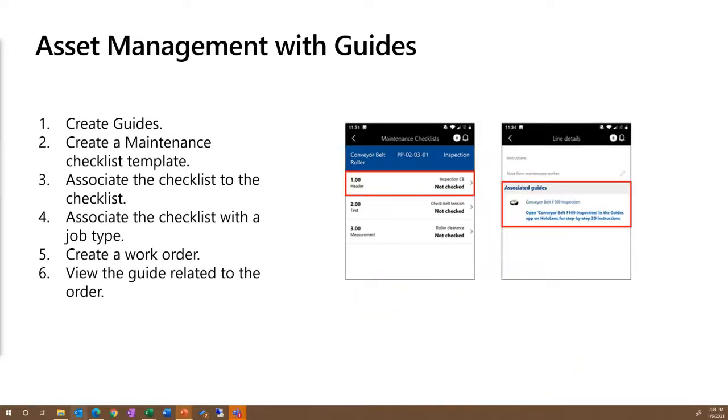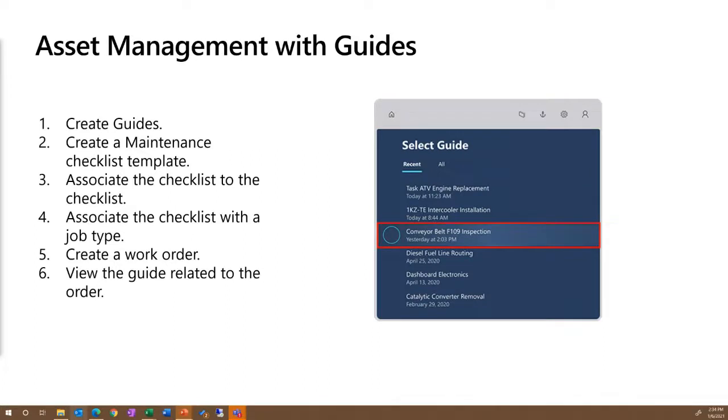So you get this instruction as you're moving through your checklist to say that there's a guide associated with this. Now, for this we don't have a QR code, because generally what people do is they have a printed QR code, usually on some sort of hard surface, and they attach that close to the piece of machinery so that you can just gaze at it and perform the maintenance tasks that you want directly on the piece of machinery.